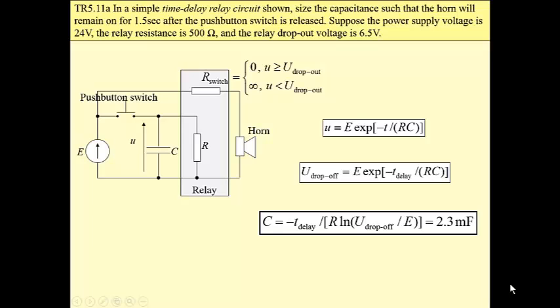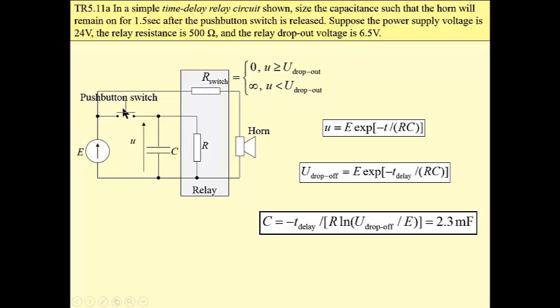We have the following engineering problem here. We have a horn, and this horn is energized through a relay and push button switch from a DC voltage source, 24 volt. And after pressing this button, 24 volt appears across the capacitor, the switch is on and the horn is